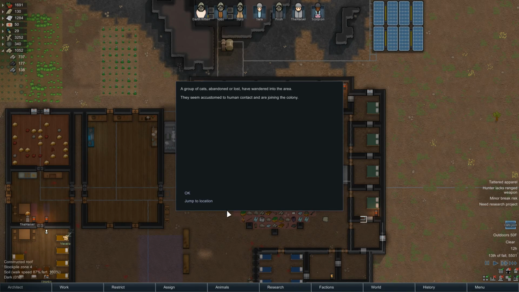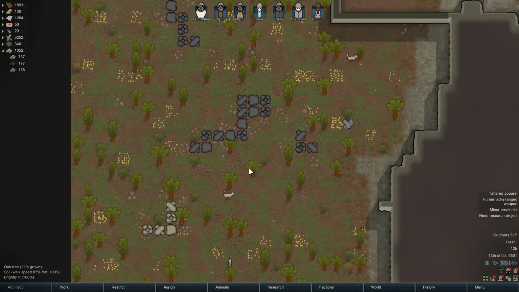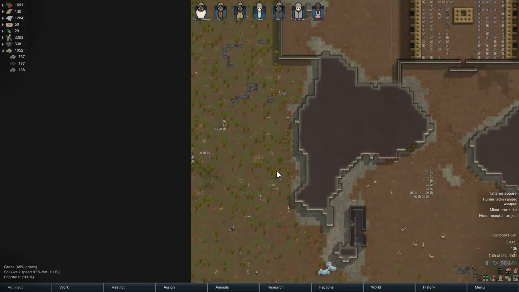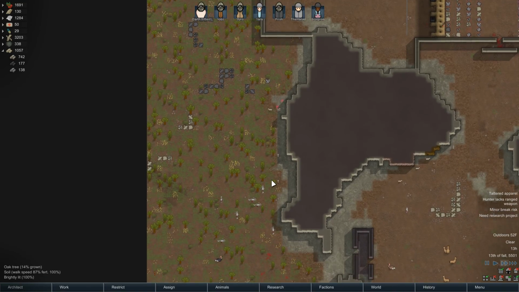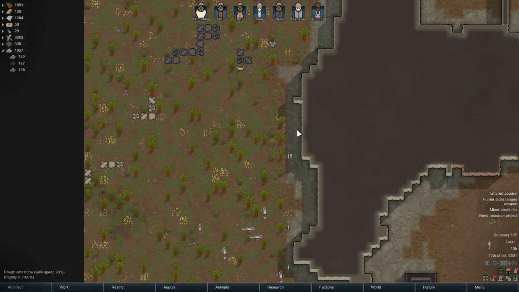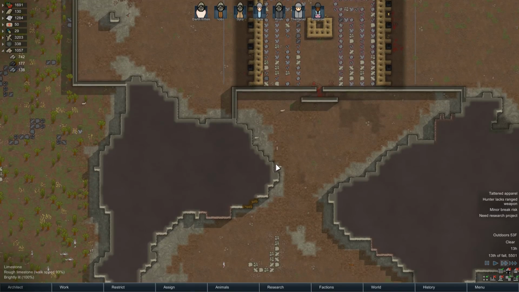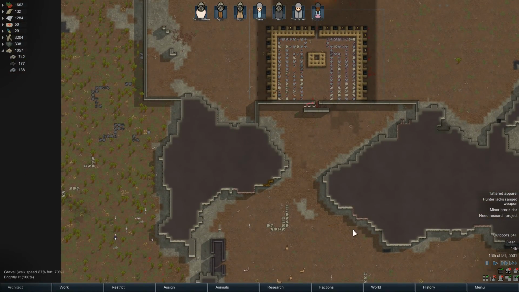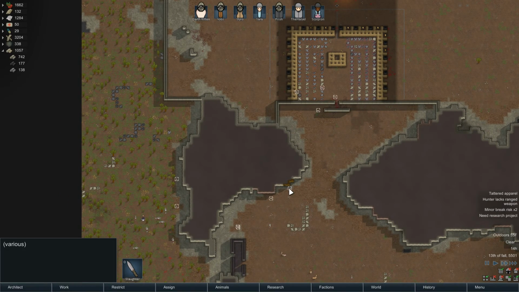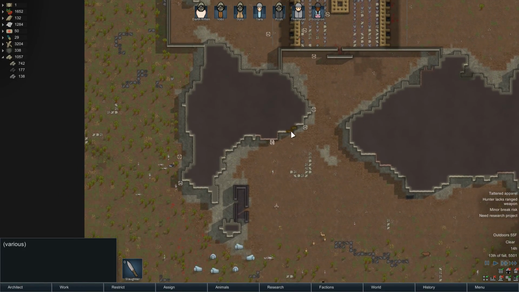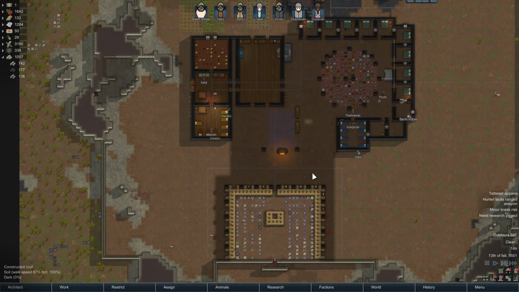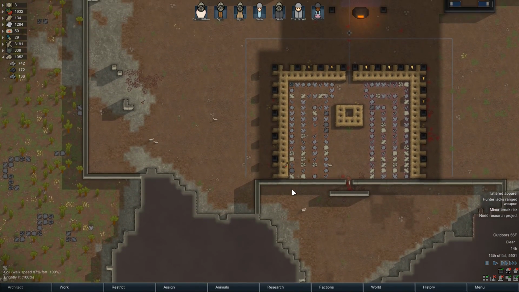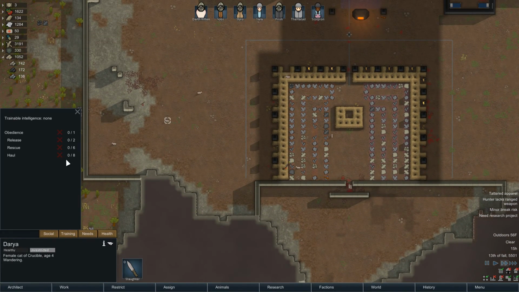Real fun stuff, right? Apparently we have a group of cats that just joined us. Interesting. 3, 4, 5. Jeez. I remember the last time a group of cats joined me, we got a raid immediately after, and then they all got slaughtered by the raiders. That was interesting. Oh my god, there's a lot of cats. I need to not have these cats. Holy shit, do you see all these cats? Do you see how many cats there are? There's at least 8 cats. That's not cool. I do not want our colonists being a group of cat people, especially considering cats in this game are pretty useless.